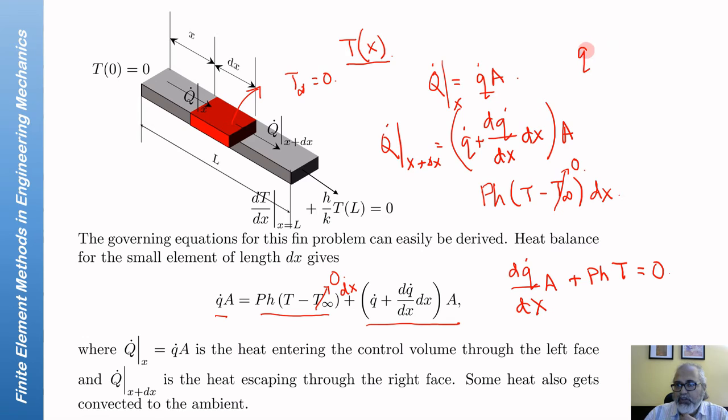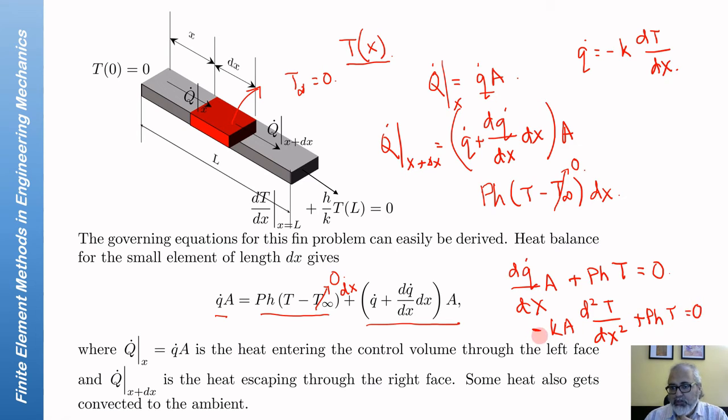Fourier's law tells me that q dot is equal to minus k dT/dx. That is Fourier's law of heat transfer. So for heat conduction, I have minus kA d²T/dx² plus PhT equal to 0. Take the minus out. So this is your governing equation, which we write as d²T/dx² minus (Ph/kA) T